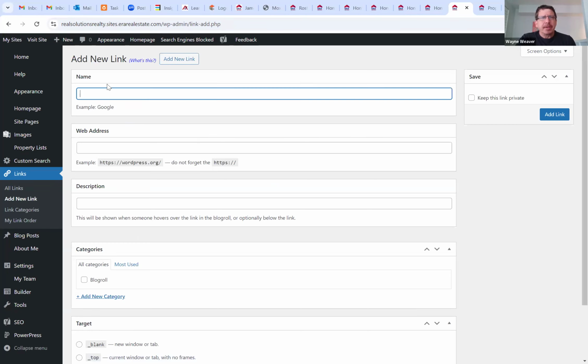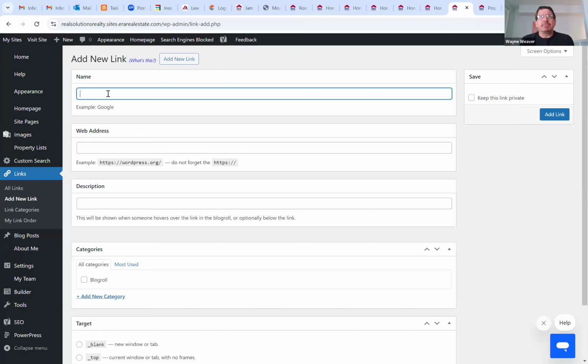It's very simple. What's the name? I like almost a question mark here, something to draw them in. If I just put First National Bank, someone might connect, well, I know I need a mortgage, but why would I click on First National Bank? But if I put in there, need a mortgage, need to shop a mortgage, something like that,